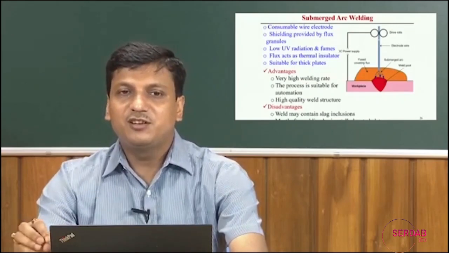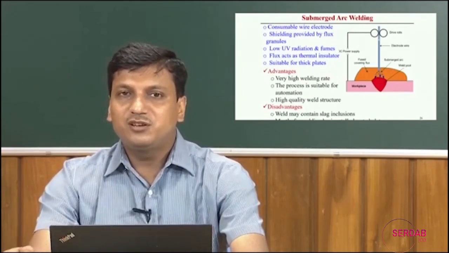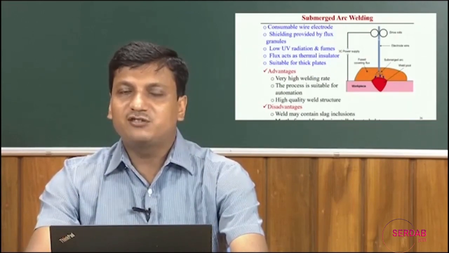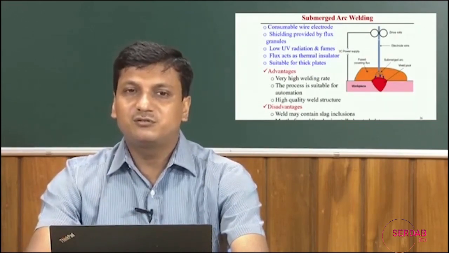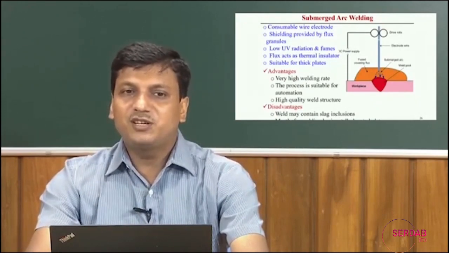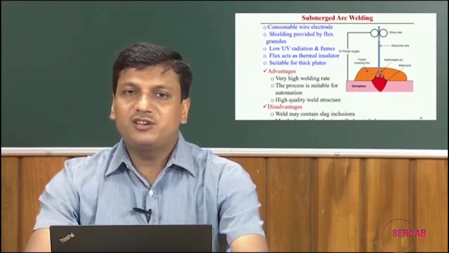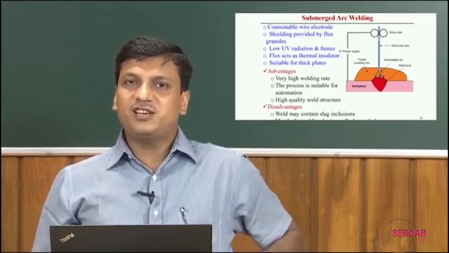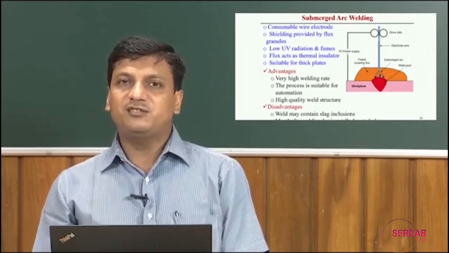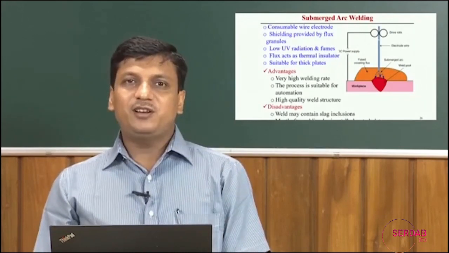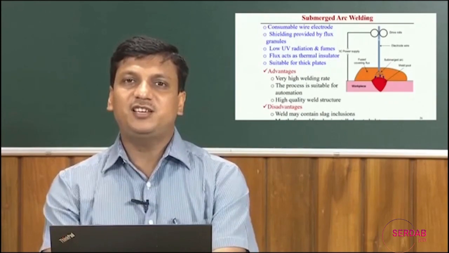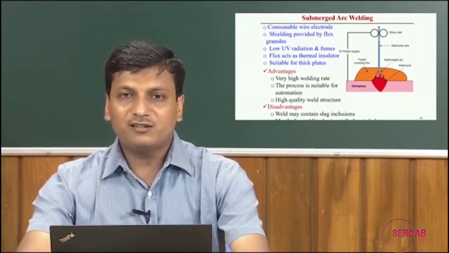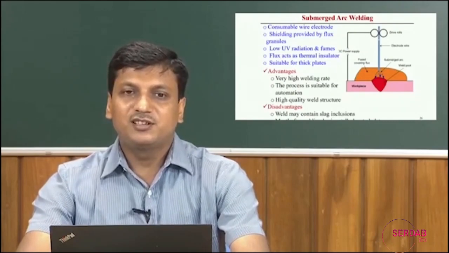At the same time, a very high welding rate can also be achieved using the twin wire. Two wires can be used in this process to improve the rate of the welding process or material deposition process. And of course, this process is developed specifically for when there is a requirement of very high thickness or large volume of material, but it also has some disadvantages,